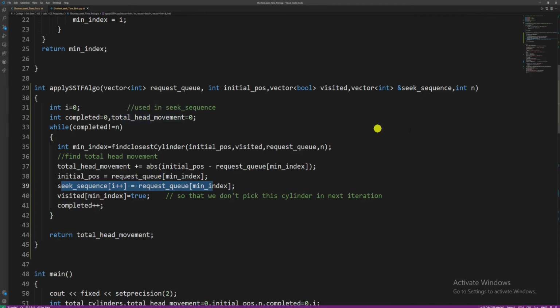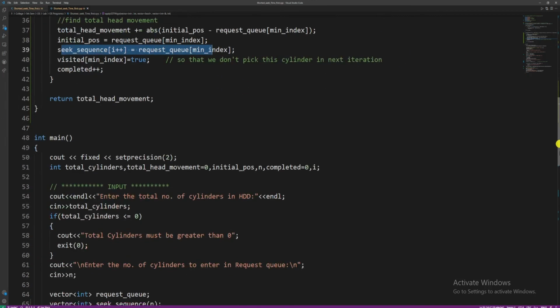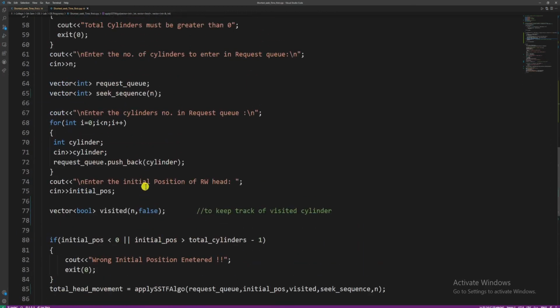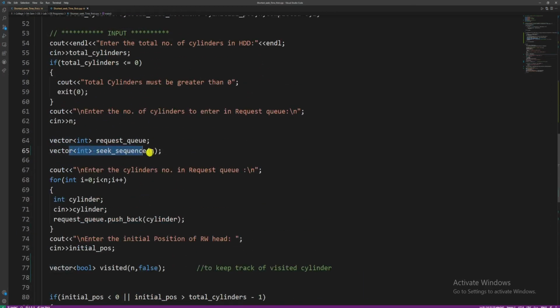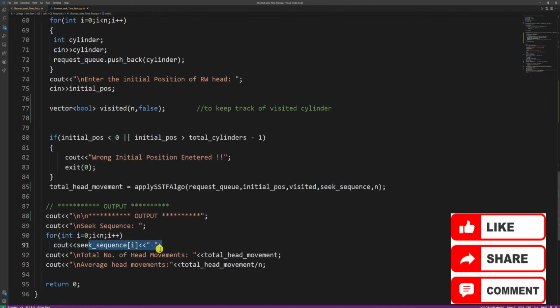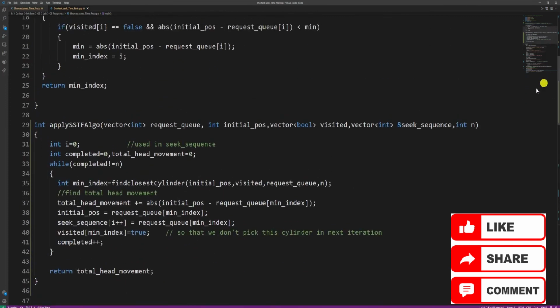After that, when you go down and in the output you want to print the seek sequence, it is present here also, so it will not have any value. Let's say it has all the values initialized as 0 by default. Then this copy will print and the answer will become, let's say, 000. So the changes that are done in the other copy will not be reflected.